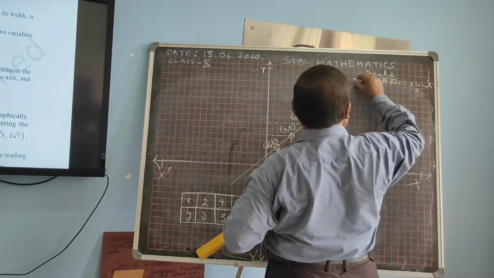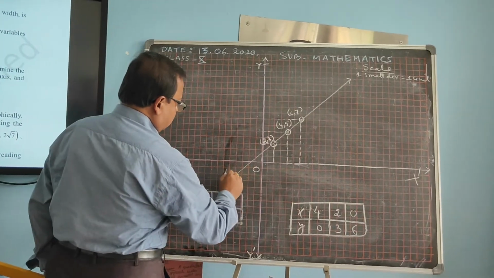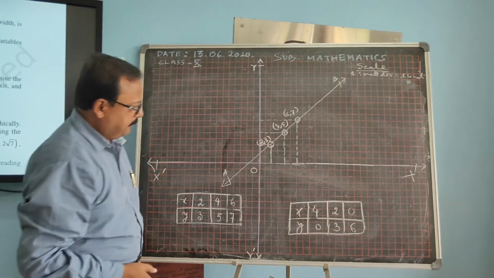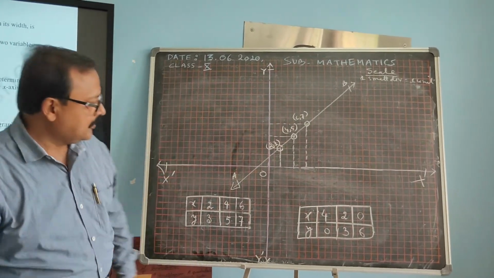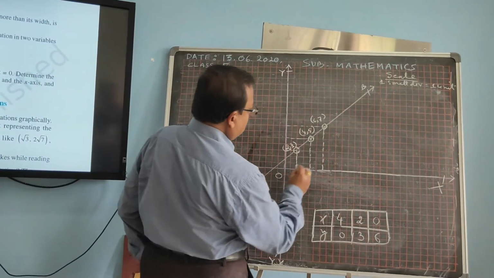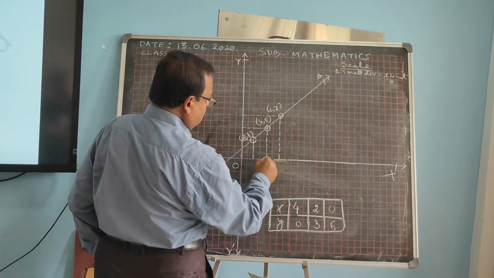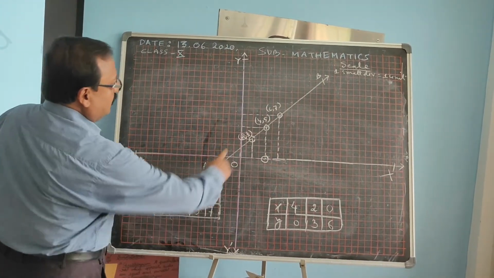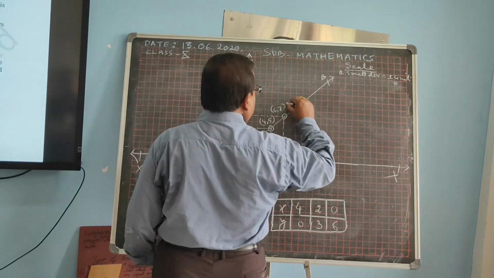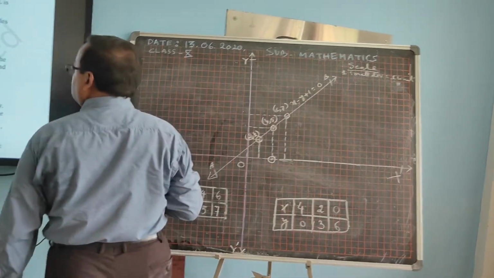Student, you join all the 3 points. You will get one line. Suppose a V. Okay. Similarly, you take 4, 0 and 4, 0 here only from the 2 equation, and this equation is what? And you write the equation also: x minus y plus 1 equal to 0. This is one line.